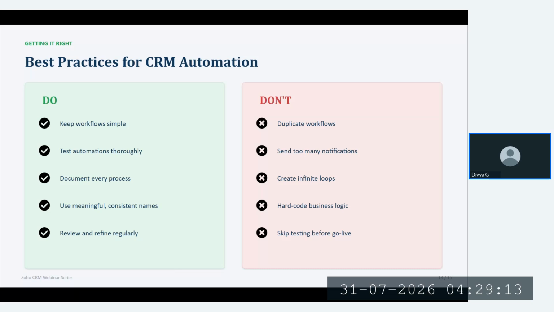What should not be done: once you have created a workflow, you don't have to duplicate it. There should not be duplicate workflows, and there should not be too many notifications. Suppose there are 20 notifications, that is really not good. It can be just one welcome email, and if there is any inquiry to be asked, that is one more notification. That's it. If there is no response from them, we can also follow up by email. So there should be limited notifications.